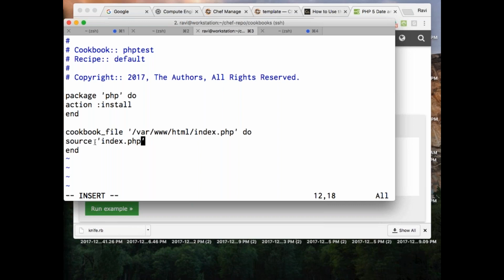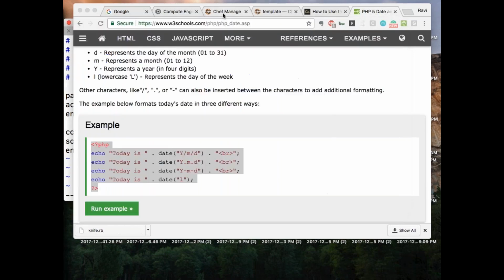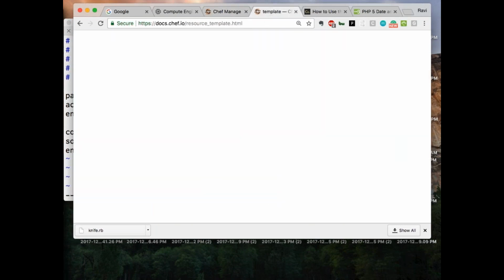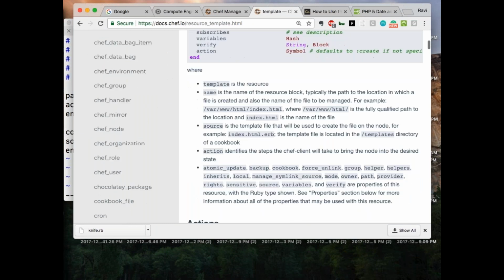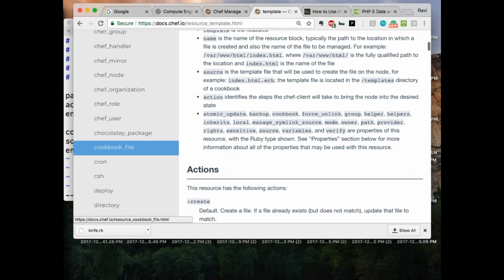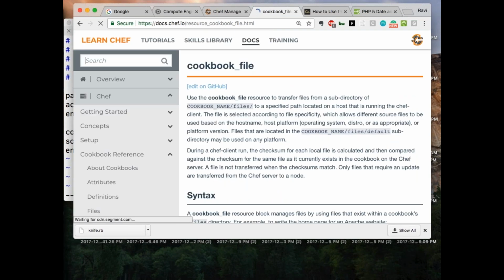No. See, yesterday we used cookbook_file. So when you are using cookbook_file, what are the things you need to take care of? Let's go back to the resource called cookbook_file. Yeah. So I need to create a files directory in that default, and I need to keep that file there.